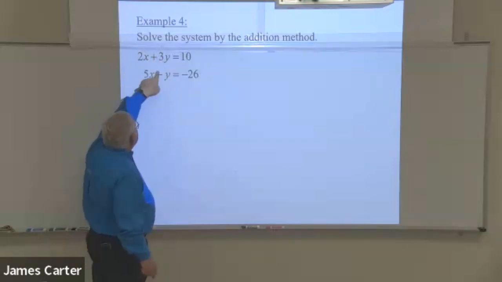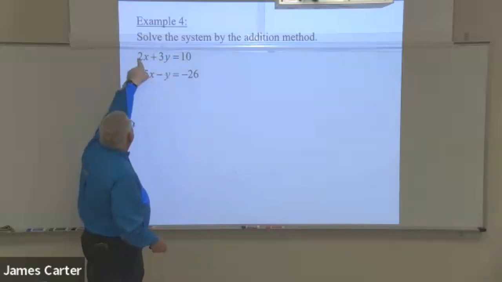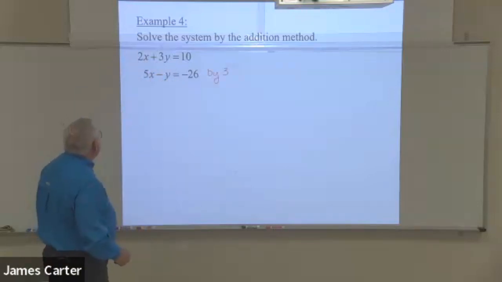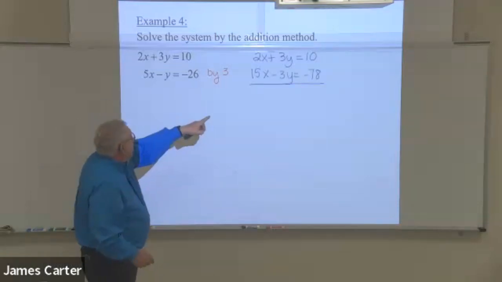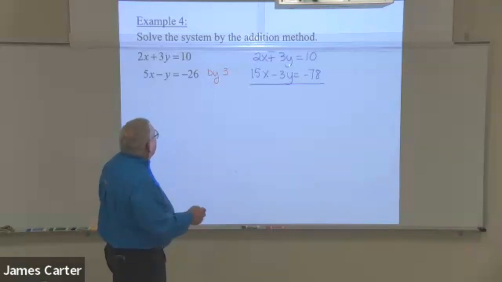In this case, it's easiest to deal with the y's, because all I've got to do is multiply this one by 3 and that one not by anything. So I'm going to multiply that by 3. And so I'm bringing across the first equation. Here's my modified second equation. Okay. And I have an opposite pair right here that will cancel out, leaving me